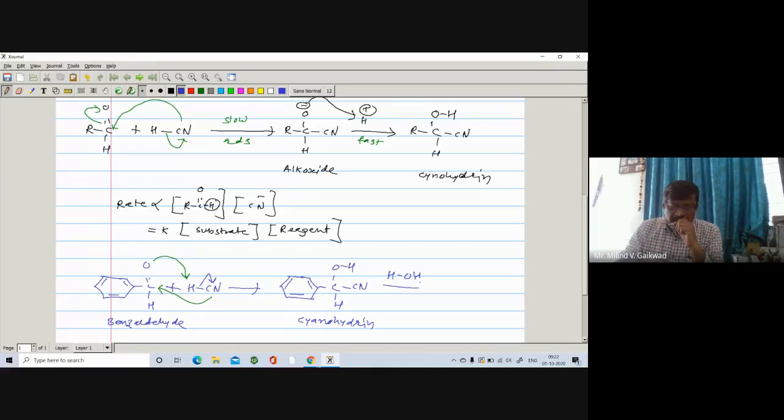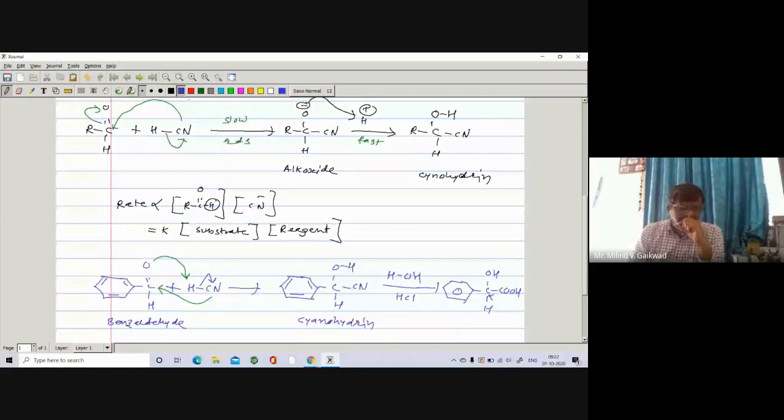This further undergoes application like this. Suppose you add water and it undergoes hydrolysis in the presence of HCl, acid hydrolysis. Then you know this CN will convert into COOH. You get the corresponding product: there is a benzene, here is a C with an OH, this CN converts into COOH, and here is an H. So you are getting a hydroxy compound. This carbon is the alpha carbon with the OH, so there is a formation of an alpha hydroxy acid.